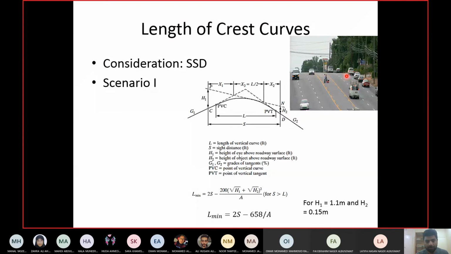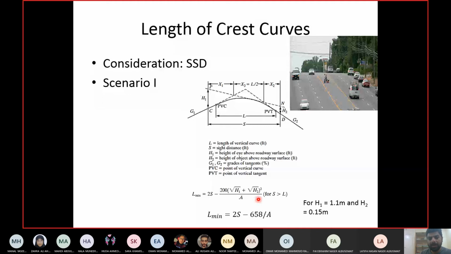Okay, because this is what you are trying to avoid. When the driver stops or brakes, you see the tail light as well, even at night time. So h2 is the height of the car driver's object. Again, why car, why not bus? Because buses and trucks are bigger, so you can see them from more distance. So they are not important. Cars are more important because there is more chance of accidents due to their lower height.